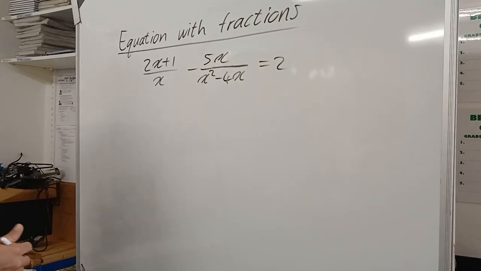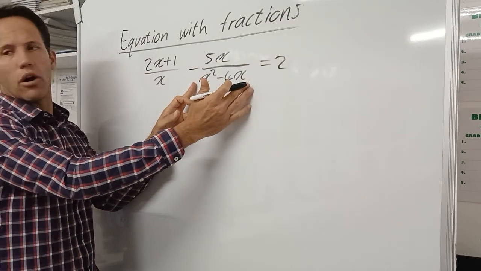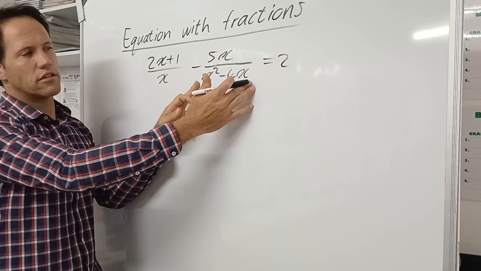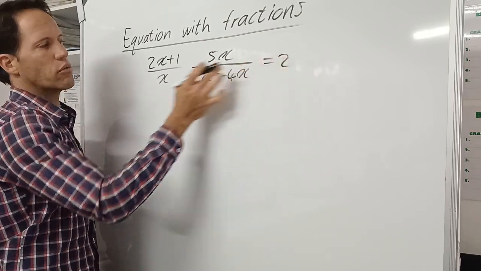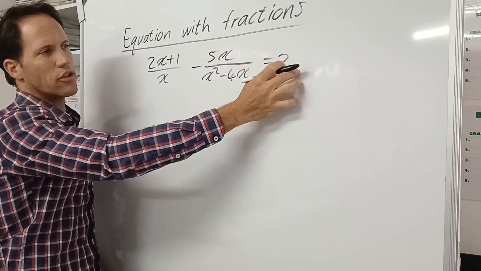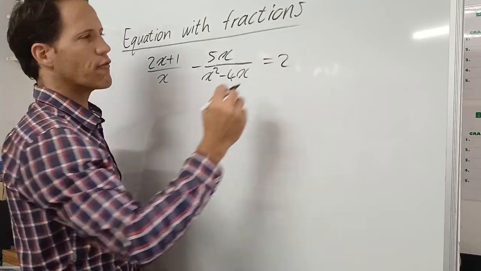Again, we're going to look for factorizing first. So this one obviously has a common factor x. You can take out the x, and it's x minus 4. But now here also, when you've got fractions and just a number, you've got to put it over 1. You've got to make it a fraction.